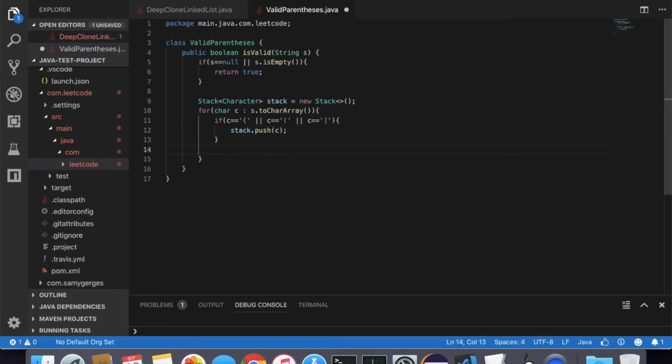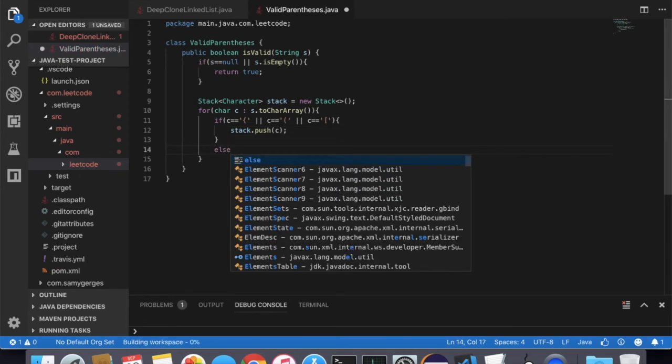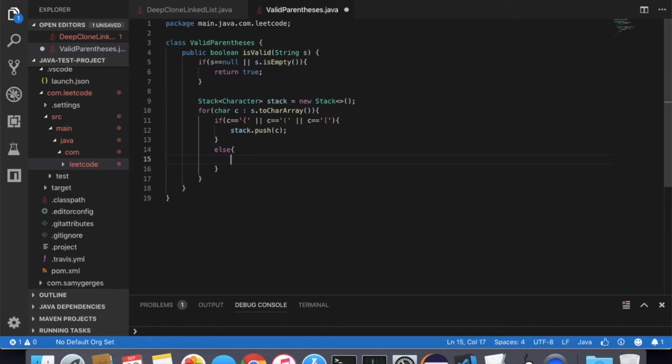Then what if it is not an open bracket, then else. In that case, we have a corner case here: if the first character in my string is a closed one. Before we pop from the stack, we have to check if the stack is empty or not. In case it's empty, it means that we have a closed character first, and of course it is not a valid one, because a closed character means it doesn't belong to any open bracket, so it is not a valid string. So if stack dot isEmpty,